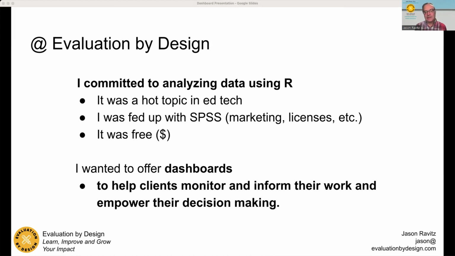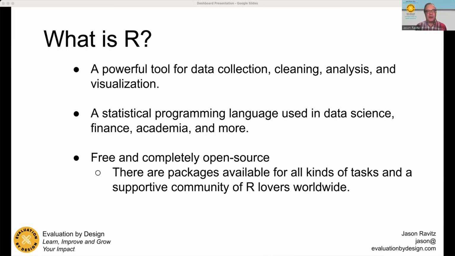So I'm going to get to some example projects, but I want to explain a little bit what R is for those of you who are less familiar. Here are some answers from the web: a powerful tool for data collection, cleaning, analysis, a statistical programming language used in many fields, and it's free and open source, which means there's a large community of people who can support you in your journey.